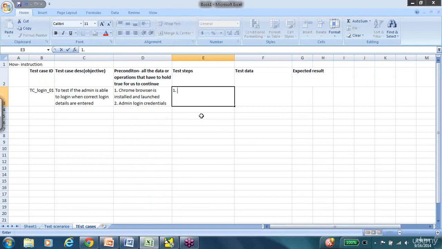Test steps start with one. Of course, the very first step is to enter the URL, and the data here is that you would enter